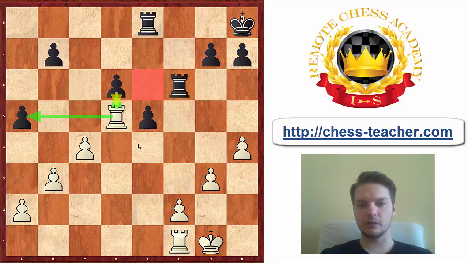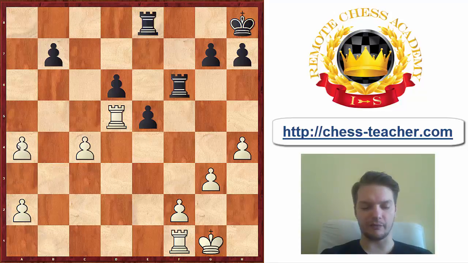Of course, as you can already imagine, these defensive ideas that I presented for black are far from being optimal. Instead, black could perhaps be interested in getting some chaos on the board, so by means of a4, for example, so that after b takes a4, white's pawn formation is ruined. We have doubled pawns here, an isolated pawn here, so black can play rook c8, rook a8, and should generally